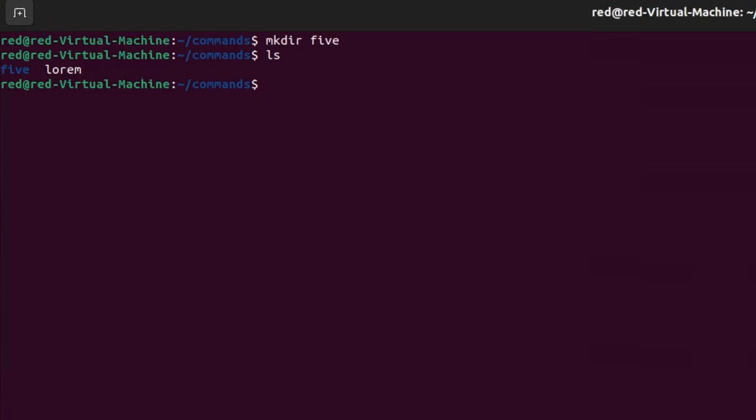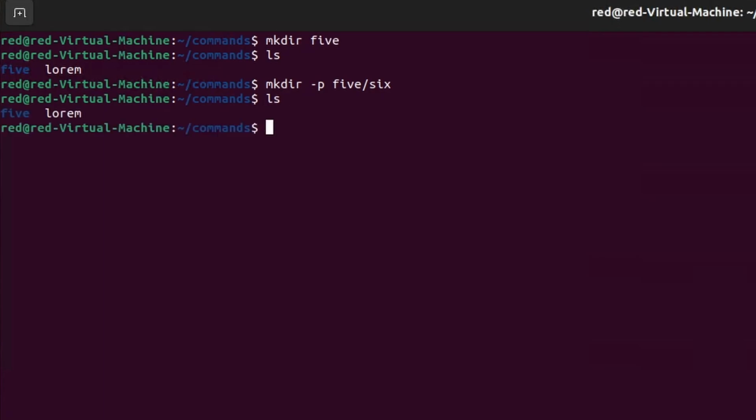This time we're going to create a folder within the 5 folder using the parent directory command, which is mkdir -p and then the folder 5 / and the new folder that we want to create, which is 6. So the command is mkdir -p space 5 / 6, and if we press enter and then type in ls,